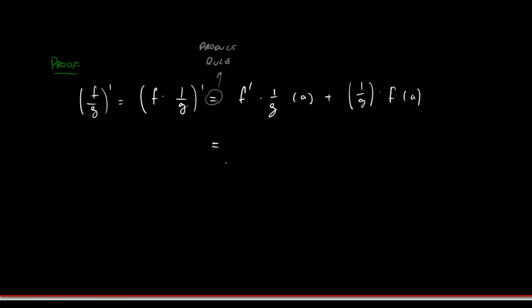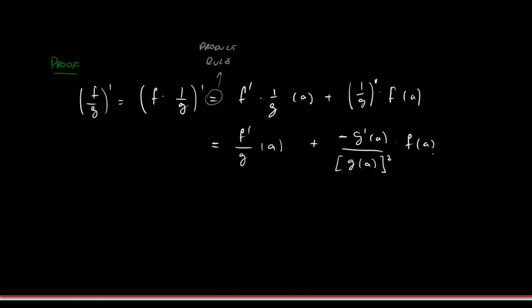So this is just f prime over g in a, plus, and the derivative of 1 over g is minus g prime in a divided by g in a squared,